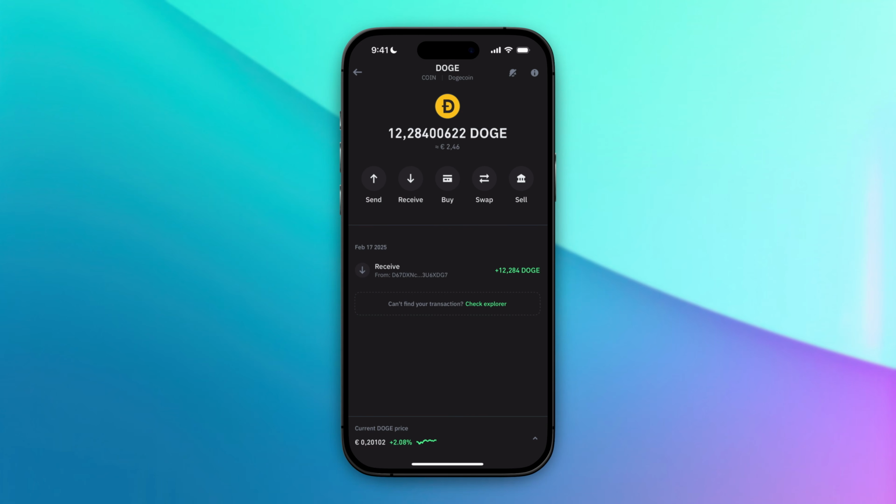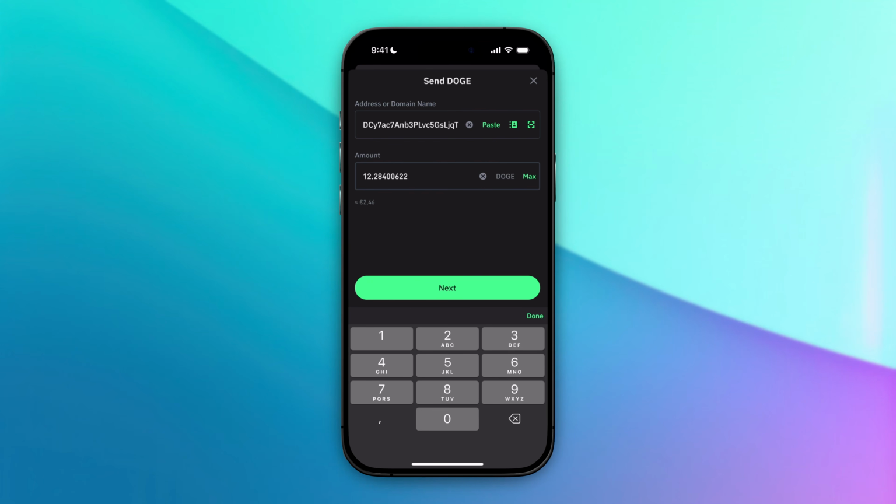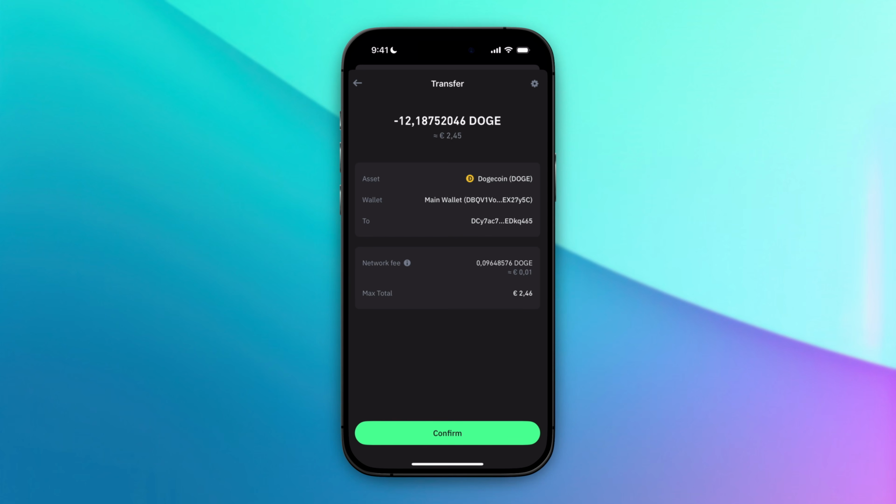And from here, I'm going to click on send. And right now I'm going to paste in the wallet address where I'm going to send my Doji to. So let's click on paste and let's click on max and then click on next. And in this screen, you will see the network fee in here, and that is around 1 cent in euros. And if you want to change this fee, then you need to click on the settings icon at the top